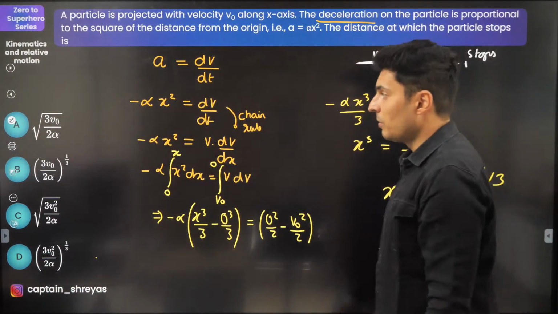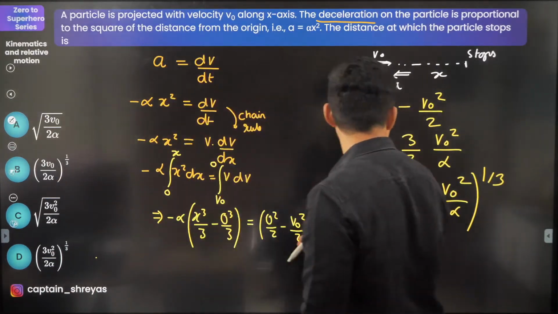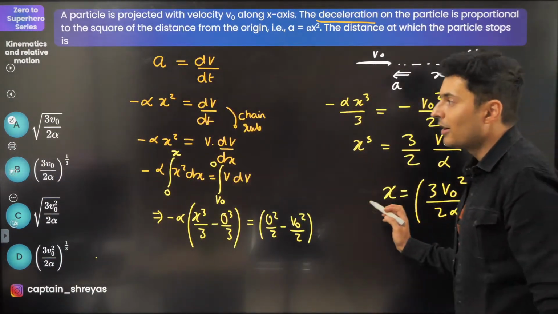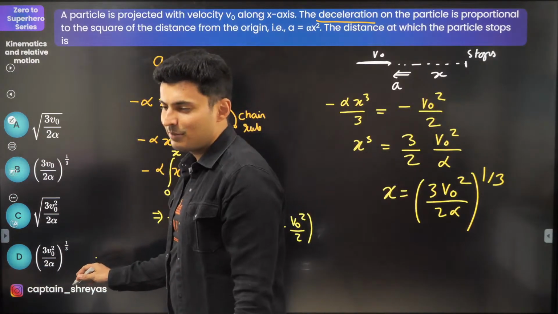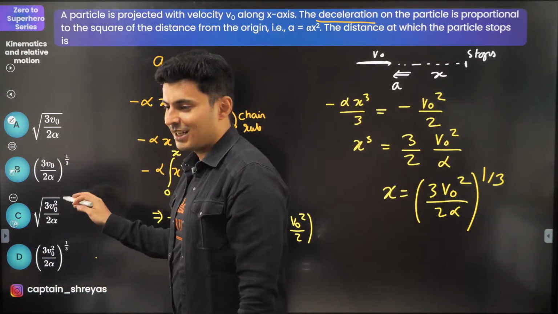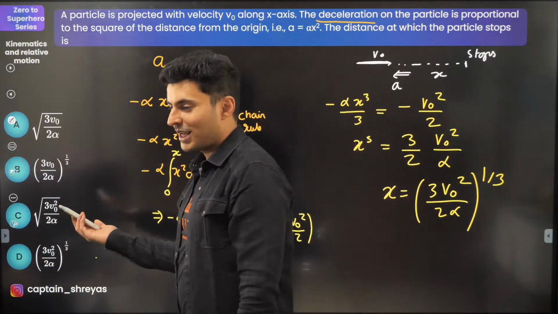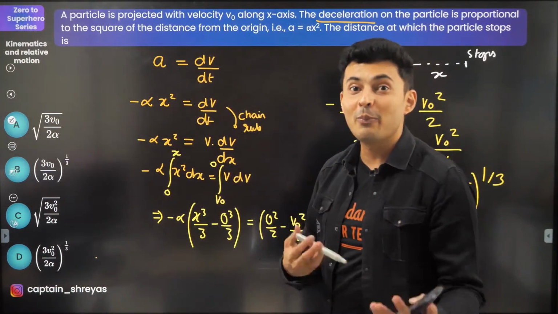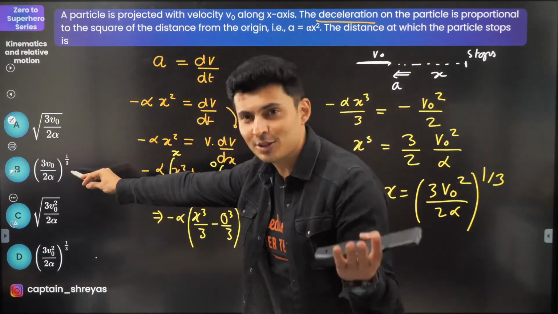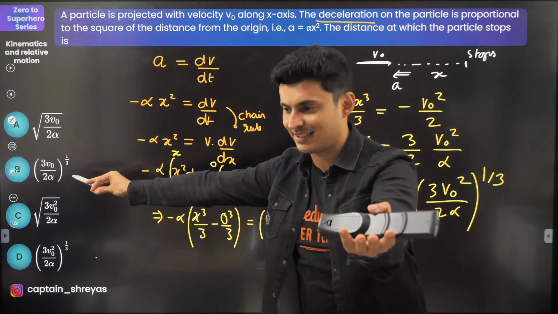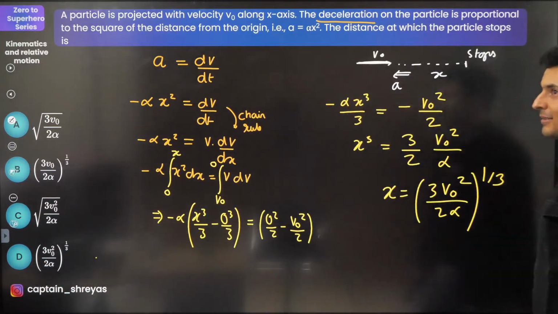Now guys, option B does not have the square of v naught, be careful. There is a v naught square in D, so there is a small difference between option B and D. Be a little bit careful. It can mislead your eyes, and that's what happens many times. You mark this in a hurry. That's called a silly mistake.